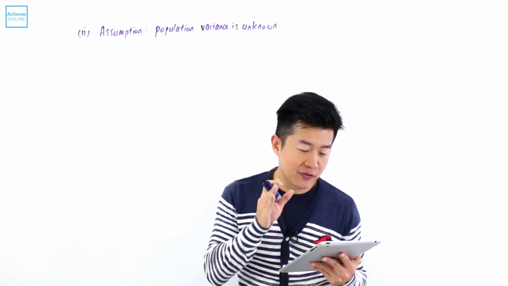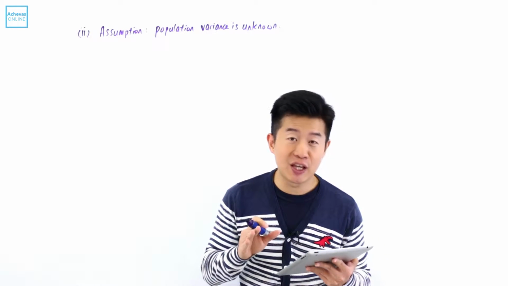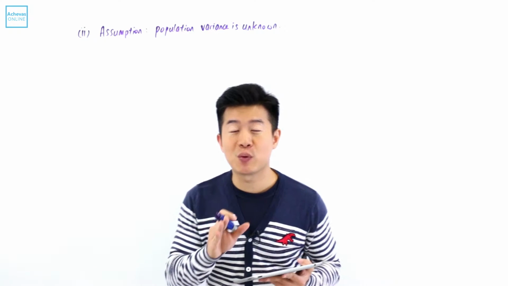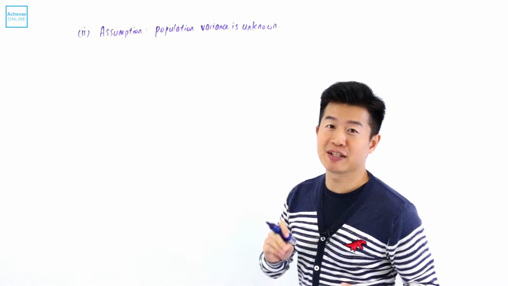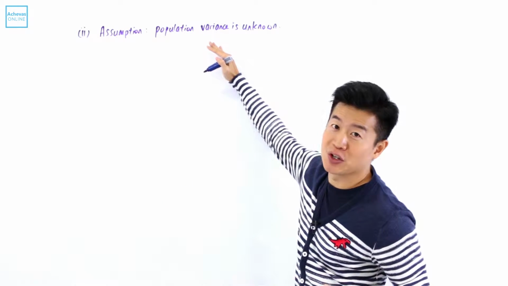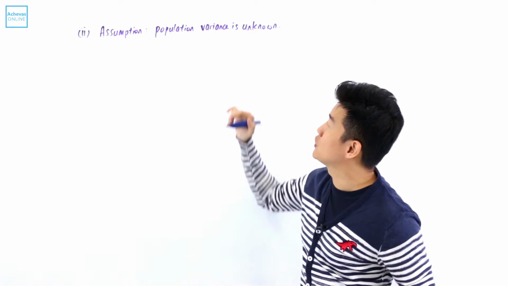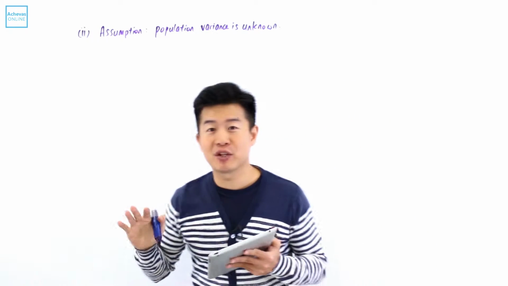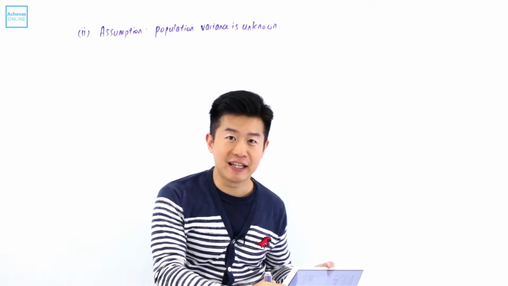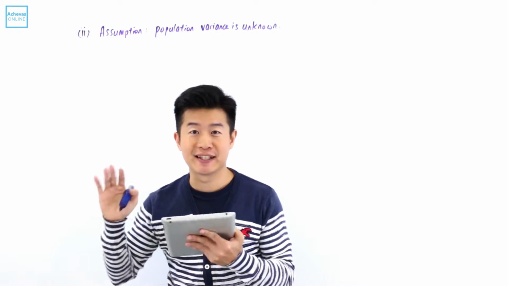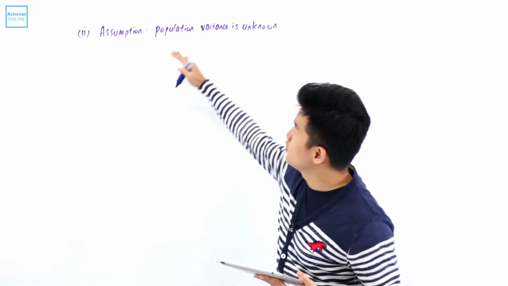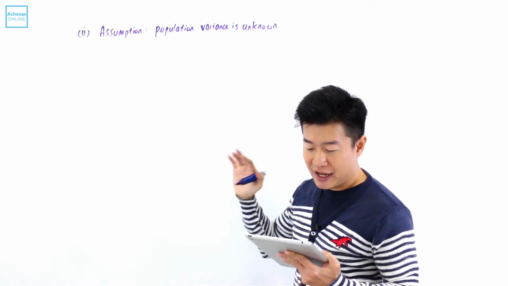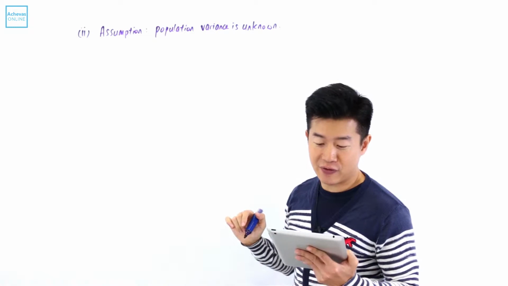What this question wants is for us to carry out the test by making use of a t-test. And that is why I've concluded that the best possible assumption that we can make is probably to assume that the population variance is unknown. Because once the population variance is unknown, we will go for a t-test. If it is known, we will actually go for a z-test. So I'm assuming that the population variance is unknown, and now let's try to carry out a test at 5%